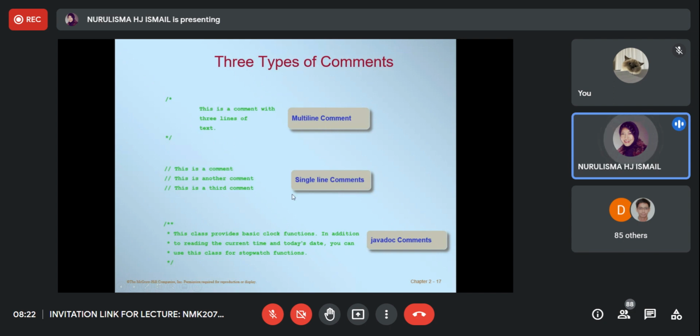So to write a single-line comment, you can use the double slash symbol. It's similar to when you code in the C language. If you want to write a single comment statement, you use the double slash symbol. But if you want to write a multi-line comment, you have to use